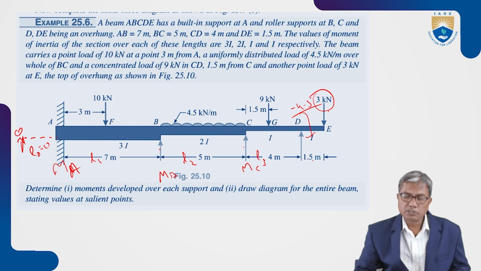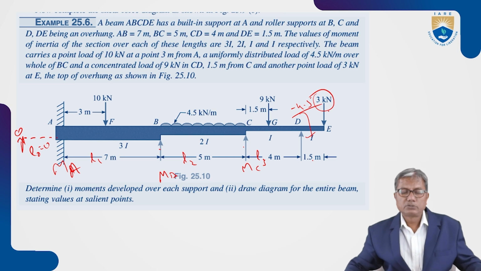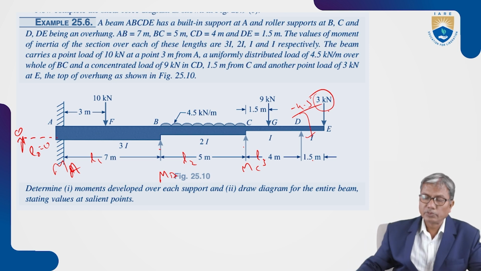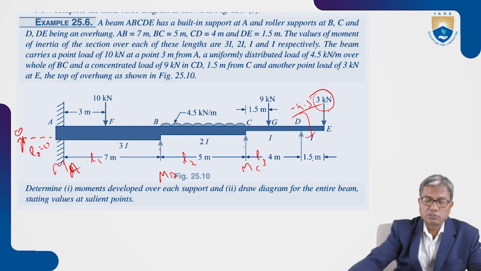DE is 1.5 meters. So the value of moment of inertia is varying. Moments of inertia are not the same. For AB it is 3I, for BC it is 2I, for CD and DE it is I. The beam carries a point load of 10 kilonewtons at 3 meters from